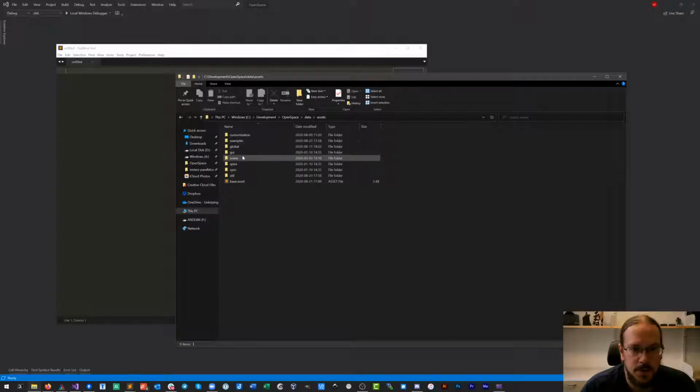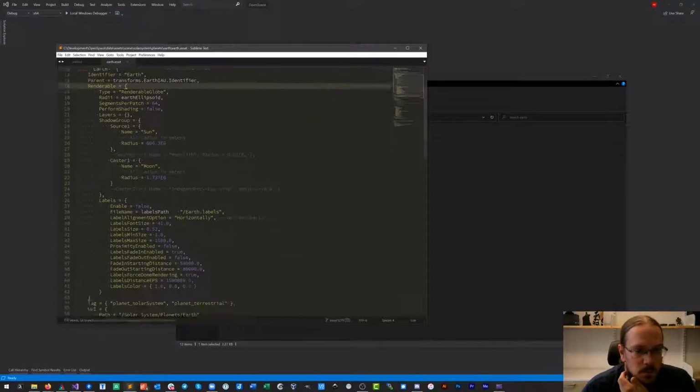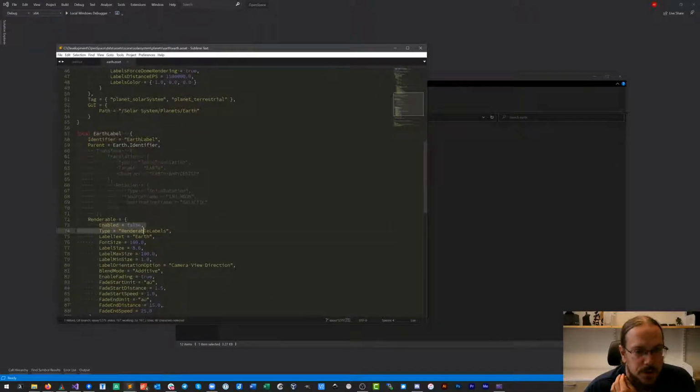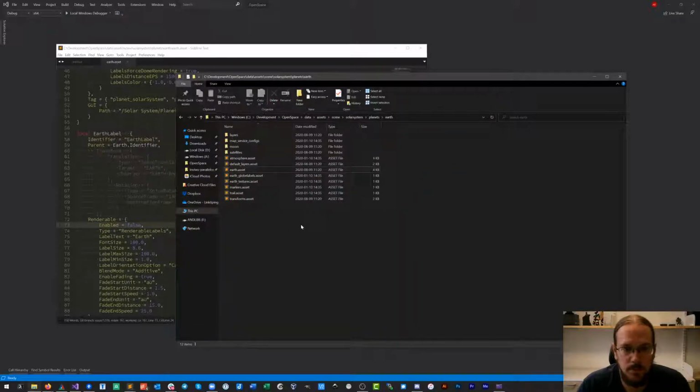let's say, for instance, let's look at Earth. So for Earth, well, we currently don't, but for the Earth labels, we have one of the parameters that is called enabled false. So by default, when we're loading this asset, then the label would be not visible. So this would be one of the parameters that we would want to pass in dynamically, or rather from the caller side, determine whether we want to enable this renderable or not.